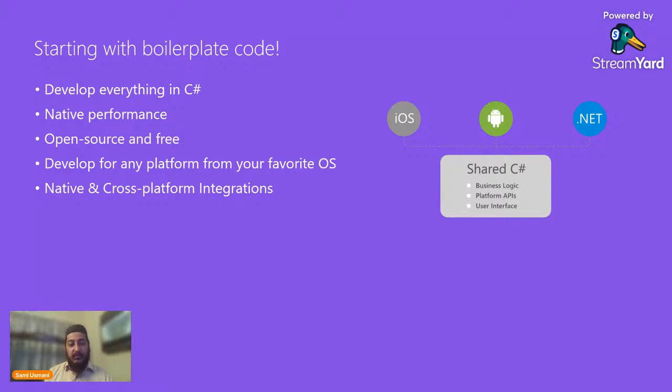The next thing, as we already mentioned, is that we can develop applications for iOS, for Android, as well as for the .NET framework, like Windows desktop and other platforms. And last, before starting with the code, we have all the native and cross-platform integrations across the board. Like we have iOS native controls, iOS native libraries and iOS native platform integrations. We do have those in our Xamarin.Forms platform, either it is iOS or Android.